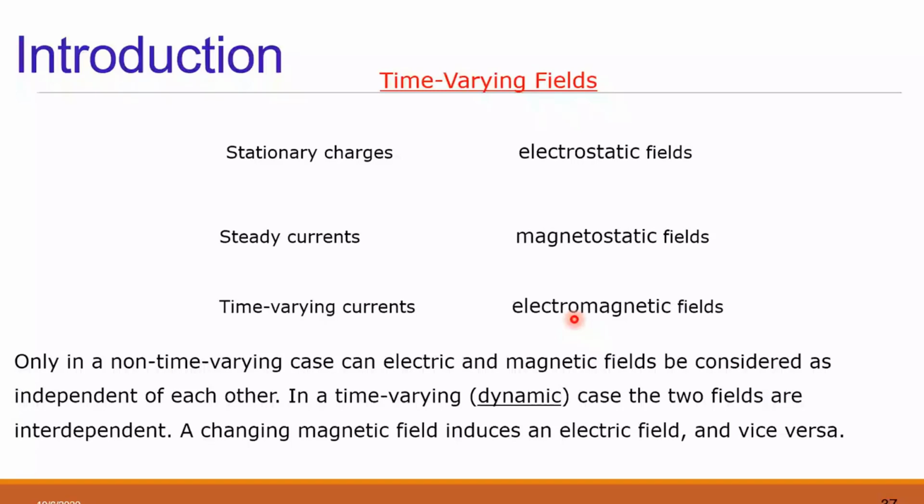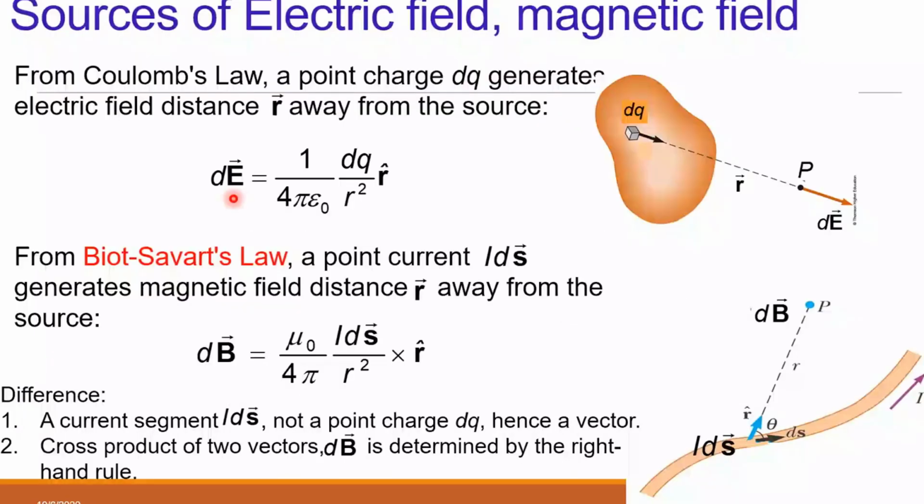So we have seen already by Coulomb's law that dE, that is the electric field intensity because of a small charge dq, is given by 1 upon 4 pi epsilon naught r square into dq into ar cap. That is, this intensity is because of a small charge present at some point, and it is the intensity at some point we are going to derive, and r is the distance between the point and the charge.